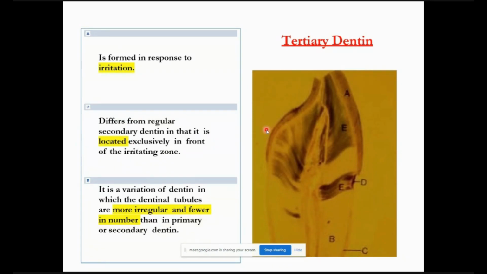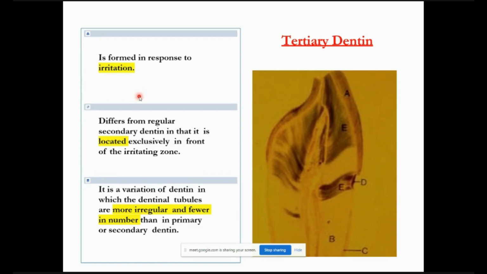There's another type of dentin which is called tertiary dentin, and this is formed in response to any kind of irritation. It can be mechanical, it can be thermal, it can be bacterial. So whenever you're putting any kind of chemical very close to the dentinal tubule, or even on the enamel surface, it can seep down to the dentinal tubule and it could irritate. We use acid to etch the surface of the tooth before we use composite as a restoration. So all these procedures are chemical irritation.